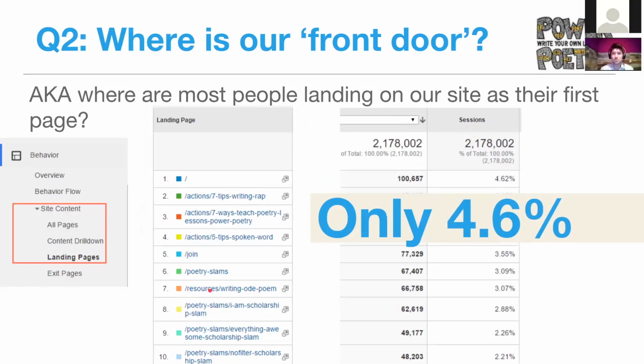Maybe there's not a call to action. Maybe there's not even a proper greeting as to what the organization does, because so much of it is potentially coming through organic traffic, and organic traffic is sending to one of these sub-landing pages, or maybe it's being shared more on social. So this is starting us down this track of being like, oh, wait a minute. If the homepage isn't our most popular page for that first landing, how are the other pages performing? How are we greeting all of the people that choose not to go through the homepage first?